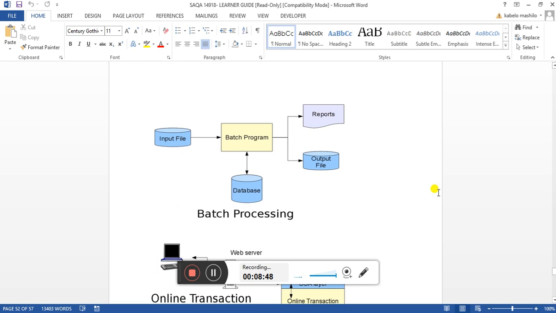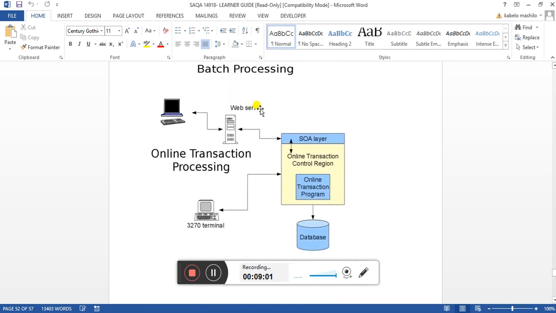This is the batch processing diagram. You've got a database, the batch program, and an input file, and then it outputs the reports in an output file. This is a web server. It's an online transaction processing. So it has layers: an online transaction region, and within that, an online transaction program,